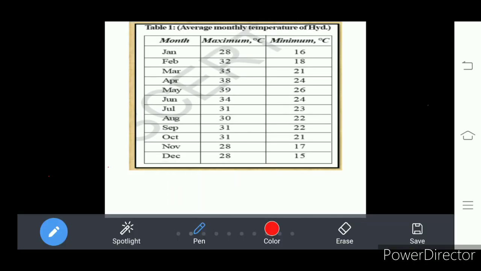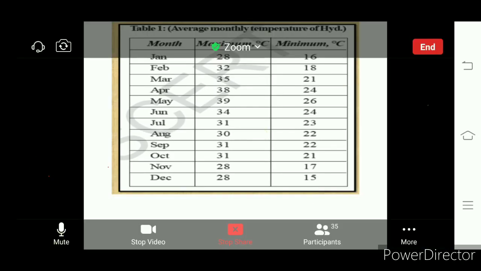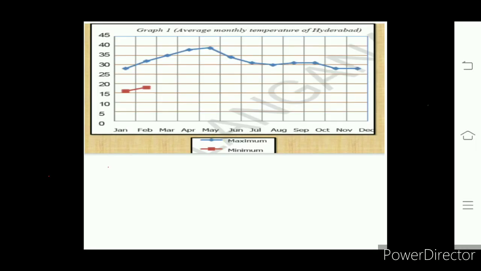Here the minimum temperature is given. Those values we have to take on this graph. And the graph shows the average monthly maximum temperatures and minimum temperatures for